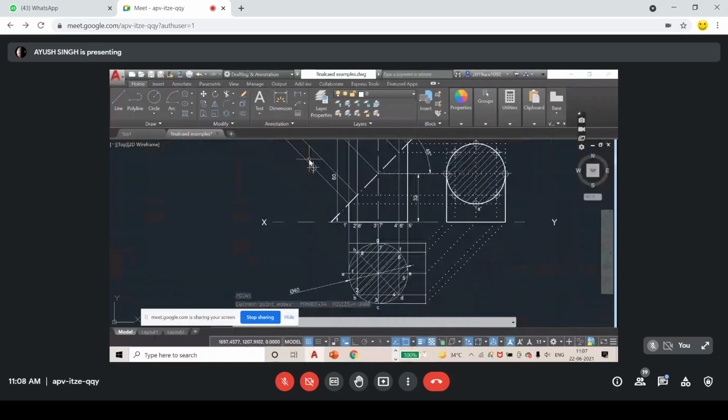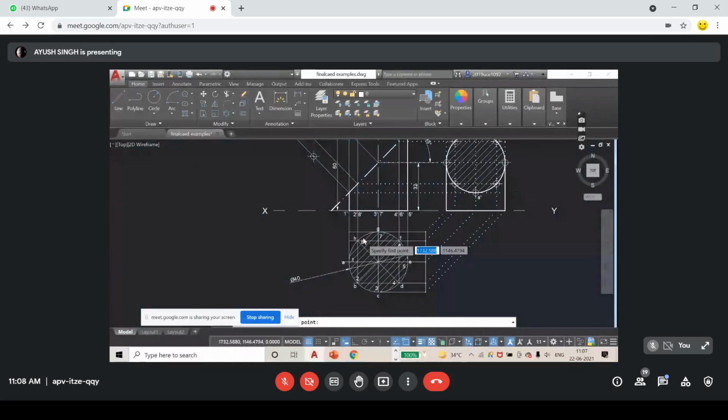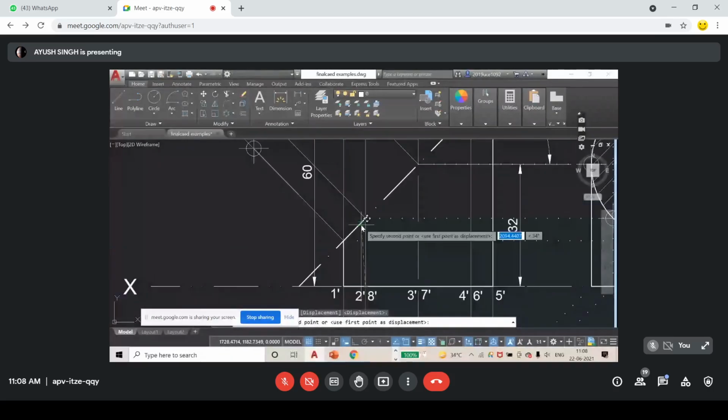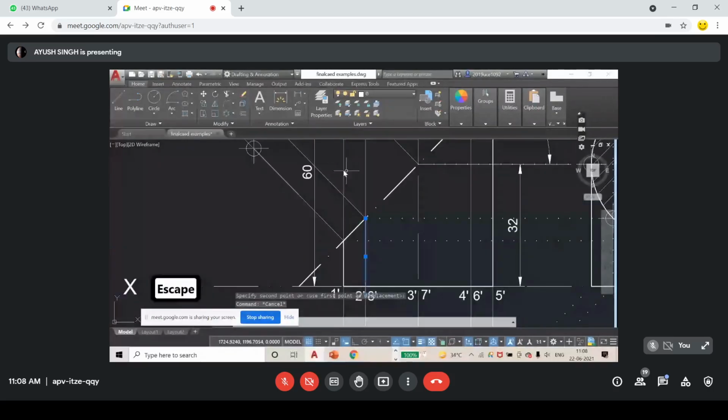Quickly, I'm going to create the same steps. Just see. I'm not going to speak much here. Move, create this here, rotate it by 135, minus 135.